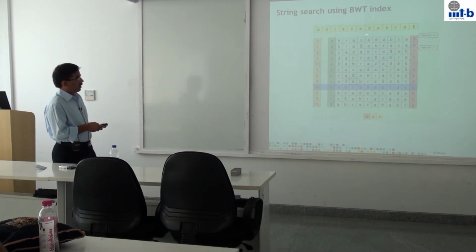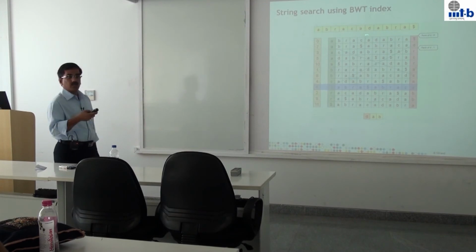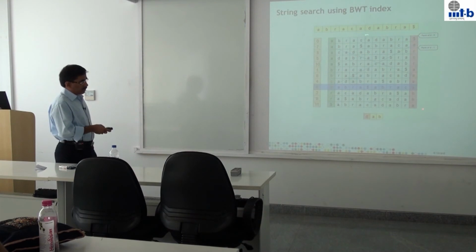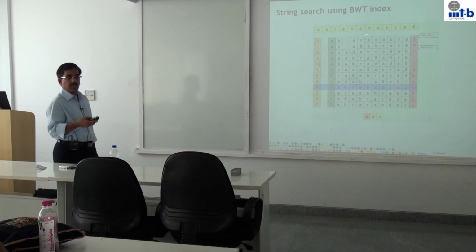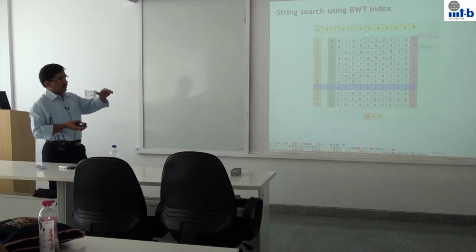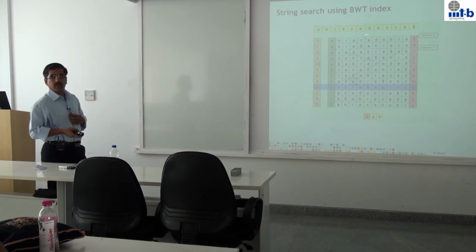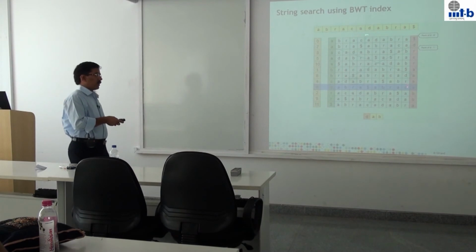Once we store only the sampled arrays, how do we do the actual search? We need to see. Here on this side it's quite easy. Let's say you are at a particular location and you are interested in knowing the ranks at that location. You just need to go to the nearest place where you have the ranks available, look at the characters that are present in between, and update the frequencies there. So we have the frequencies at the desired location.